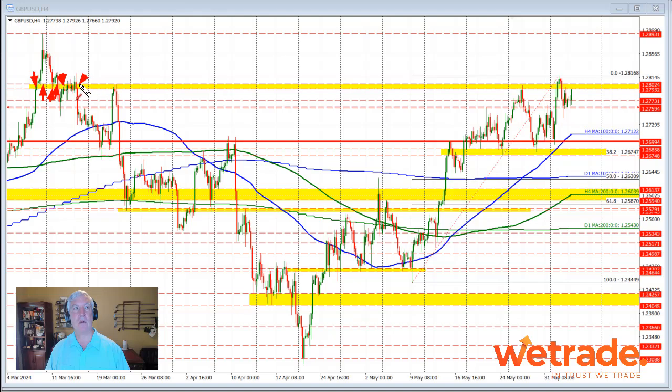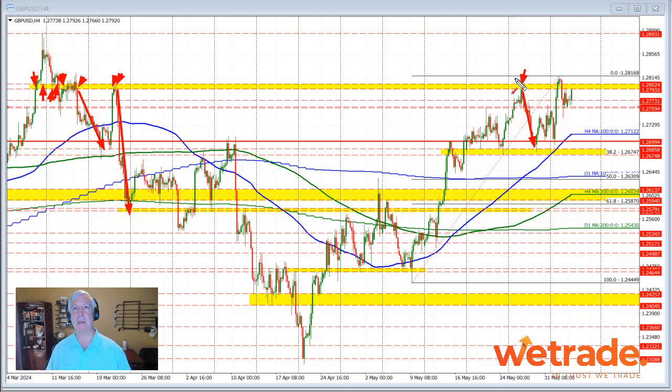Got a little messy there before finding resistance and moving to the downside. Came back up to this area right through here and found sellers again. And it wasn't till last week where the price again moved up to this area and found willing sellers. The trading this week, we did move above the level to a new high, going back to back here in